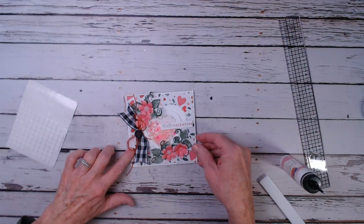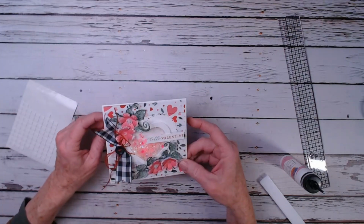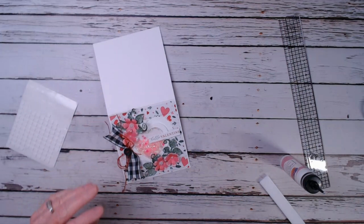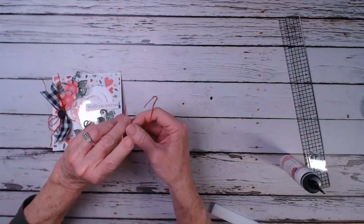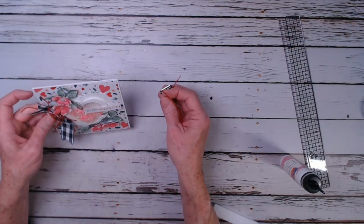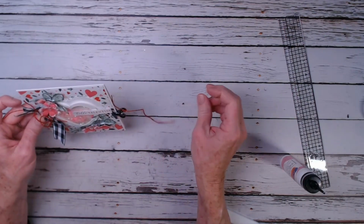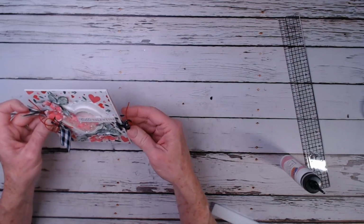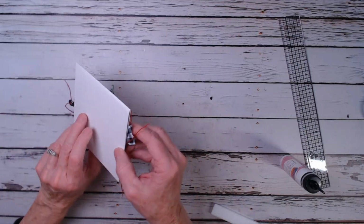So now I'm deciding that I do want to put some kind of clip here on the right side to hold it closed. I've taken a Tim Holtz clip and tied a bit of that red jute button string to it through one of the holes, and I'm going to use it to clip the side of my card so that it stays closed. And then here on the back,